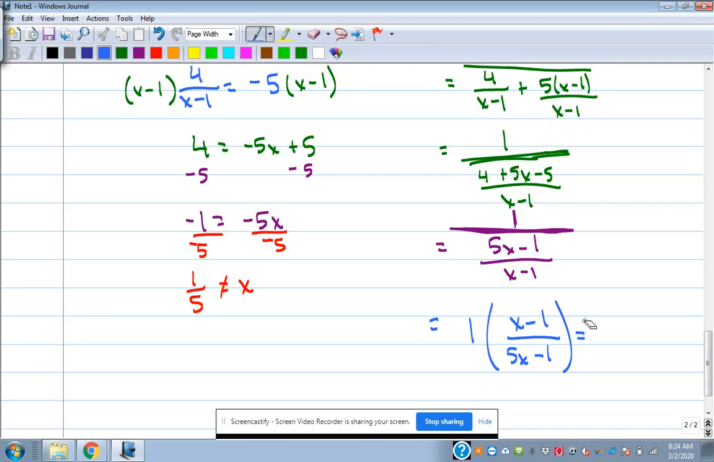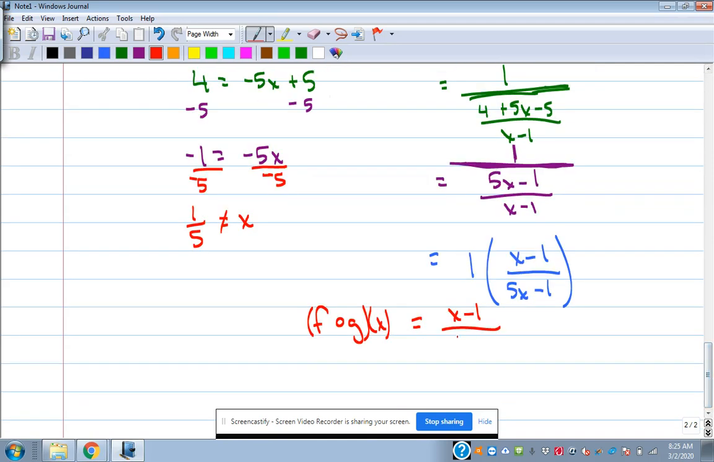And then that gives us our composite function finally. F composed with g of x. 1 times x minus 1 is x minus 1. 1 times 5x minus 1 is 5x minus 1. And there we have our composite function. Now,